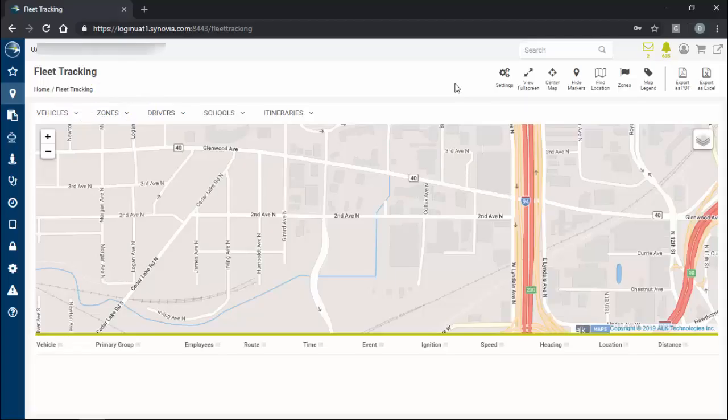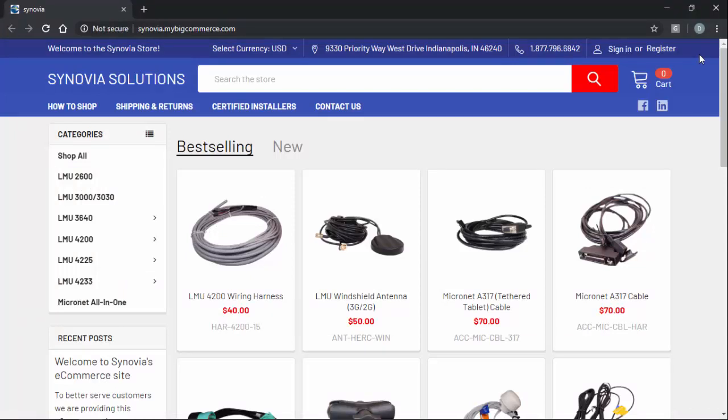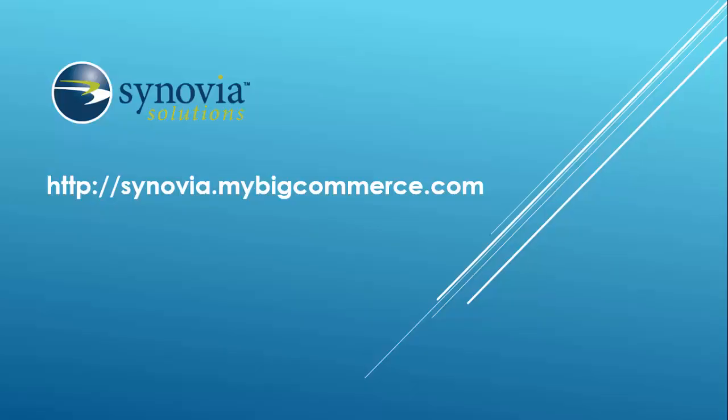You can access this from any screen in Synovia. It's here at the top right. Just click it and you'll be taken to the Synovia e-commerce site. The site is organized by category at the top left. Our best-selling items appear here on the home page. Here's the URL of the site,